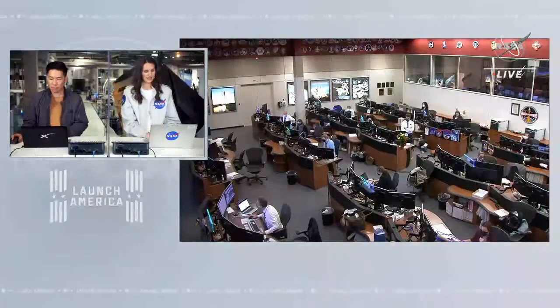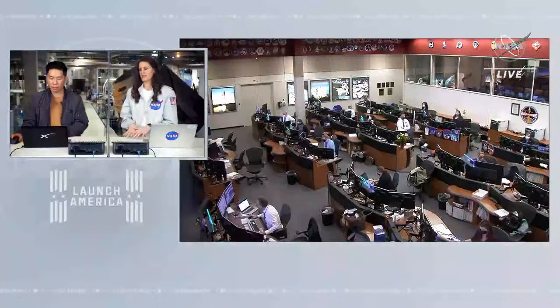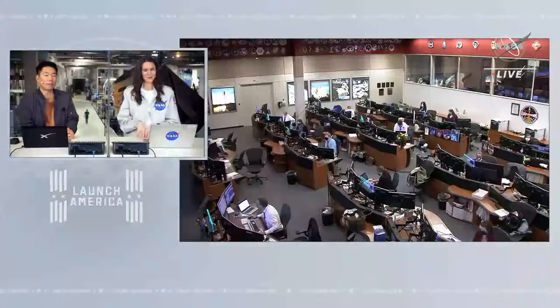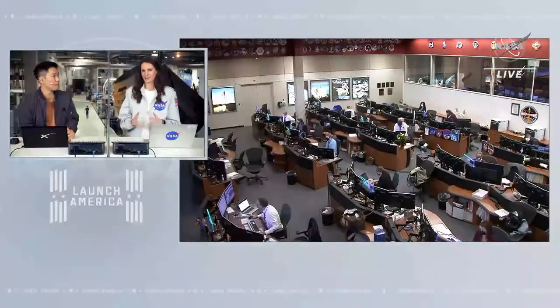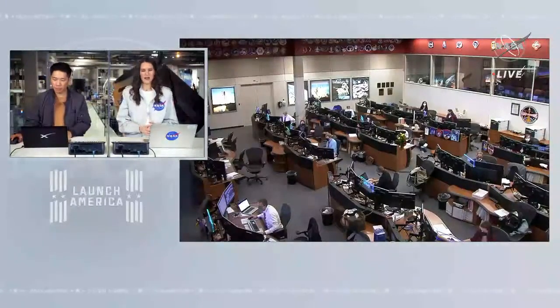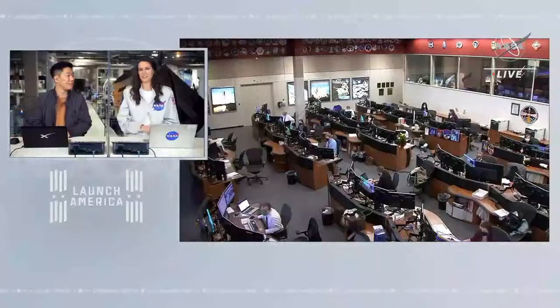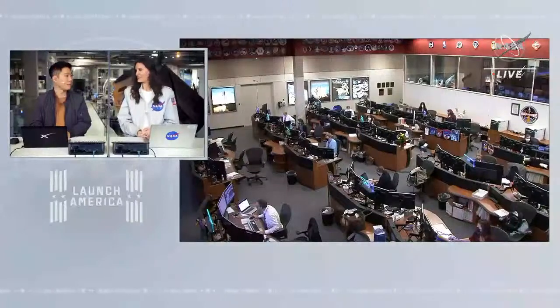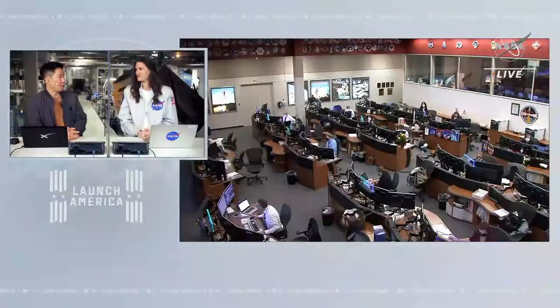As we mentioned earlier, this is NASA's first splashdown since 1968 with the Apollo 8 crew, which is one of my favorite missions. And this splashdown tonight also breaks a record. Not only has it been that long since we did a nighttime splashdown, but the capsule itself is now going to be the longest duration mission of an American crewed capsule in space. They're beating out the Skylab record from the final Skylab mission. That was 84 days, 1 hour and 15 minutes. And so we're coming home with 168 days here. I think they passed it. Yeah. If you exclude Demo 2,